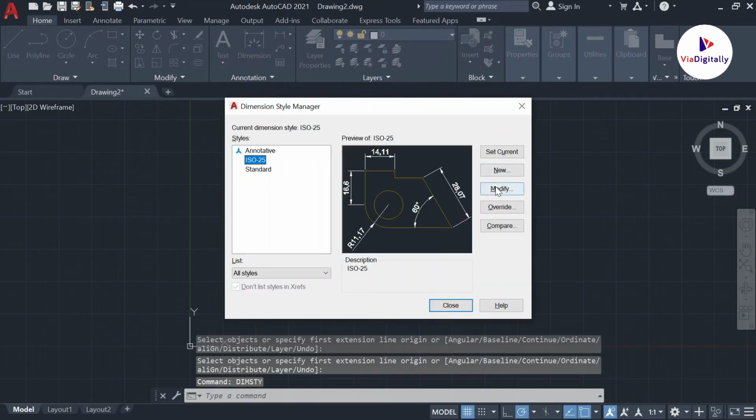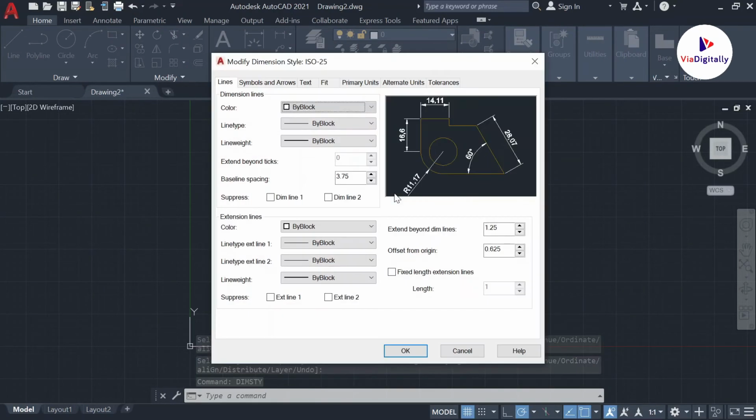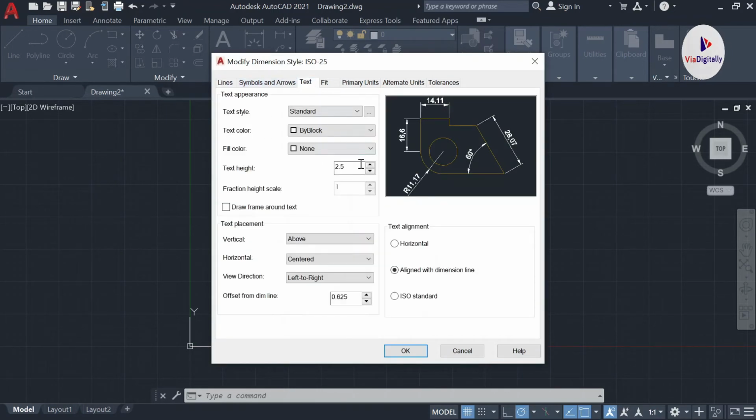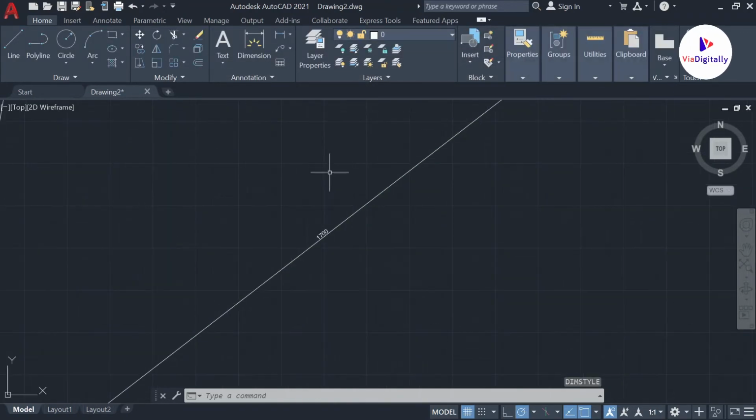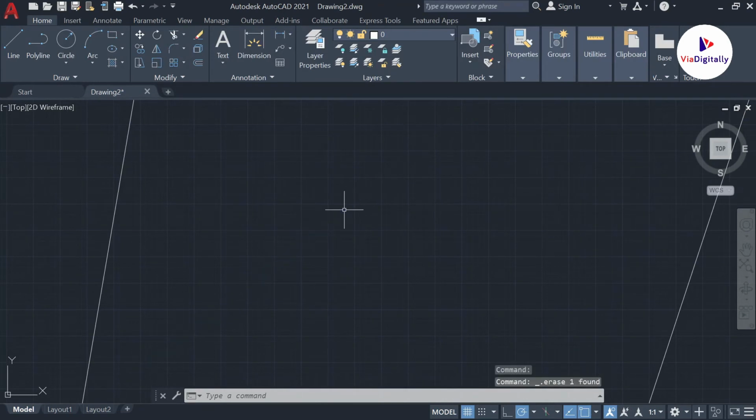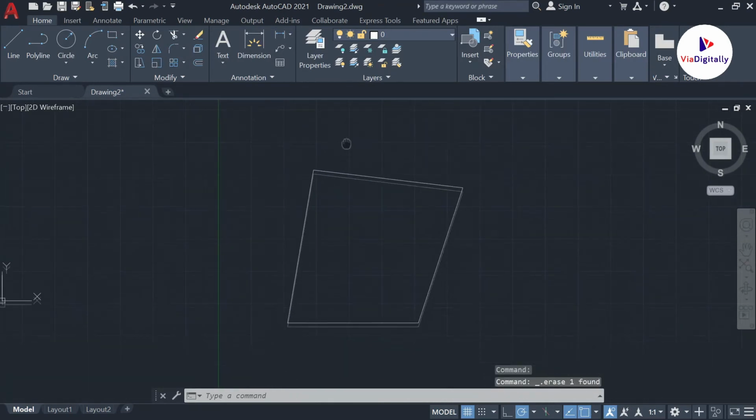What we need to do is modify this, and we will find text here, and we can increase the size of the text. Let's give a 5 and check whether it is suitable or not. I think we need to redraw this. There is a small mistake here.